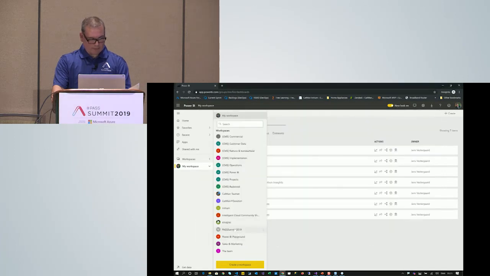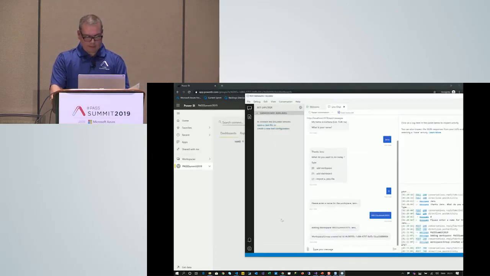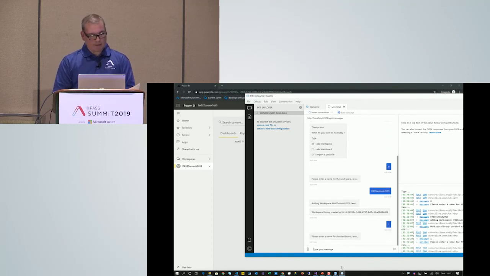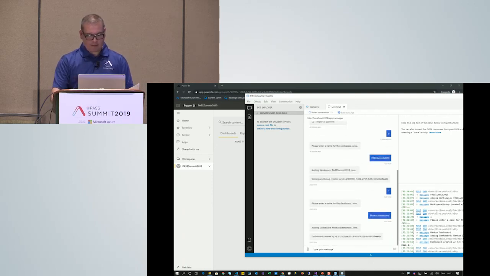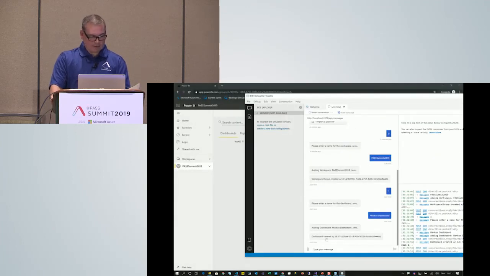So if we want to go into that one, we can see here that there are no dashboards. So I want to add a dashboard. So I can just type 1. And please type in a name for the dashboard. And this one is called Marcus's dashboard, like that. Put a pie chart? Yeah, okay, so we see here it created an ID as well, so now I know the exact location of